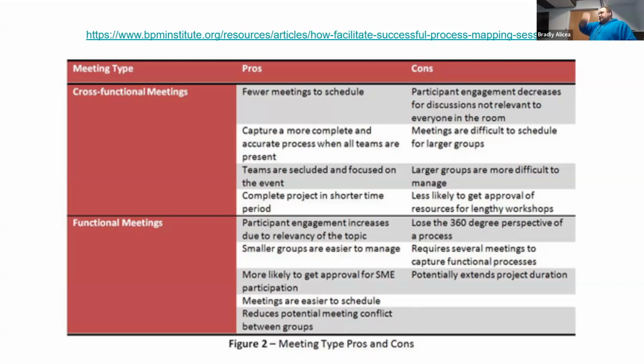Or I might meet with the teams individually and I might say, okay, I'm going to work on product fulfillment. We'll work on that, and then we'll move to the next team. And those teams will be separated out. There are pros and cons for each. And it depends on the culture of your organization. Maybe one team does a lot of different things. So it might make sense to have everyone in the